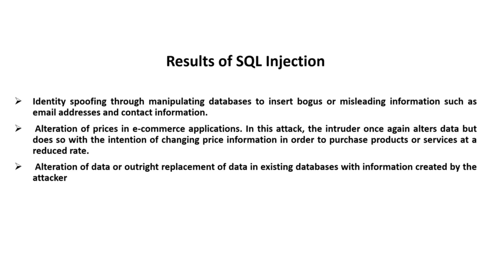Consider the following a sample of the potential outcomes: identity spoofing through manipulating the database to insert bogus or misleading information such as email address and contact information; the alteration of prices in e-commerce applications. In this attack, the intruder once again alters data, but does so with the intention of changing price information in order to purchase products or services at a reduced rate; alteration of data or outright replacement of data in an existing database with information created by the attacker;